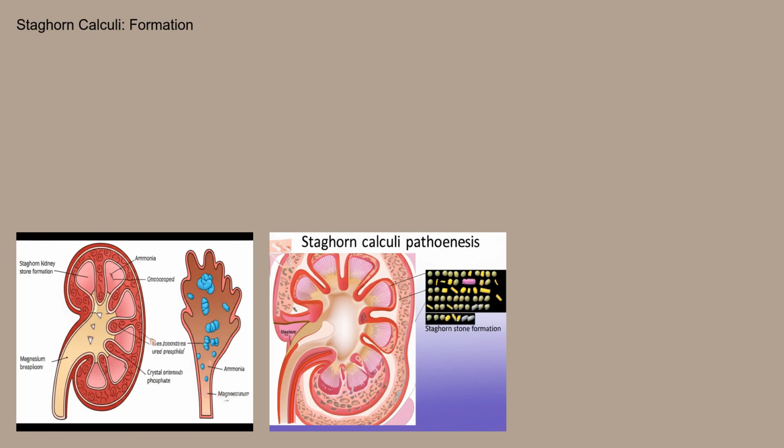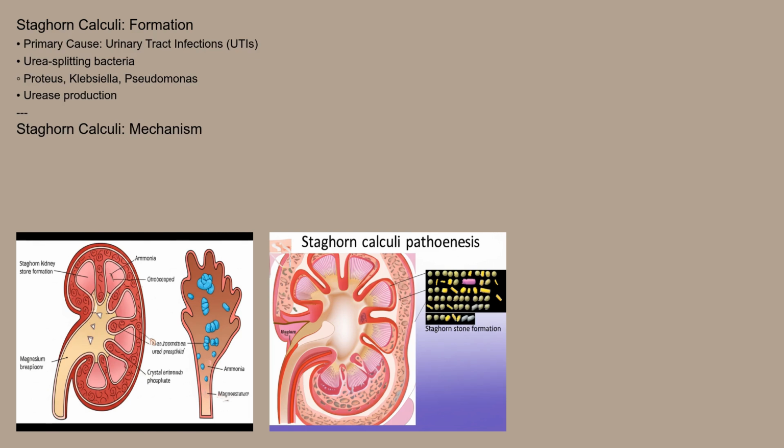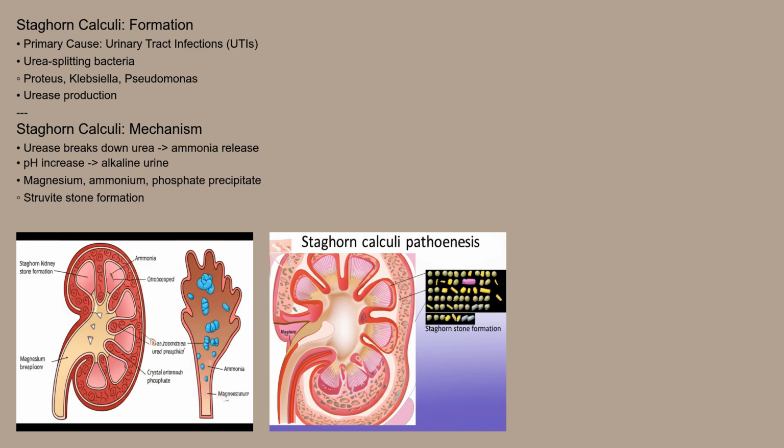So, what causes these formidable stones? Staghorn calculi are primarily associated with urinary tract infections caused by urea-splitting bacteria. These bacteria, such as Proteus, Klebsiella, and Pseudomonas, produce an enzyme called urease. Urease breaks down urea in urine, releasing ammonia. This process raises the pH of the urine, making it more alkaline. In this alkaline environment, magnesium, ammonium, and phosphate readily precipitate out of the urine, forming the building blocks of struvite stones. Less commonly, Staghorn calculi can also form from calcium phosphate or uric acid, often linked to underlying metabolic disorders